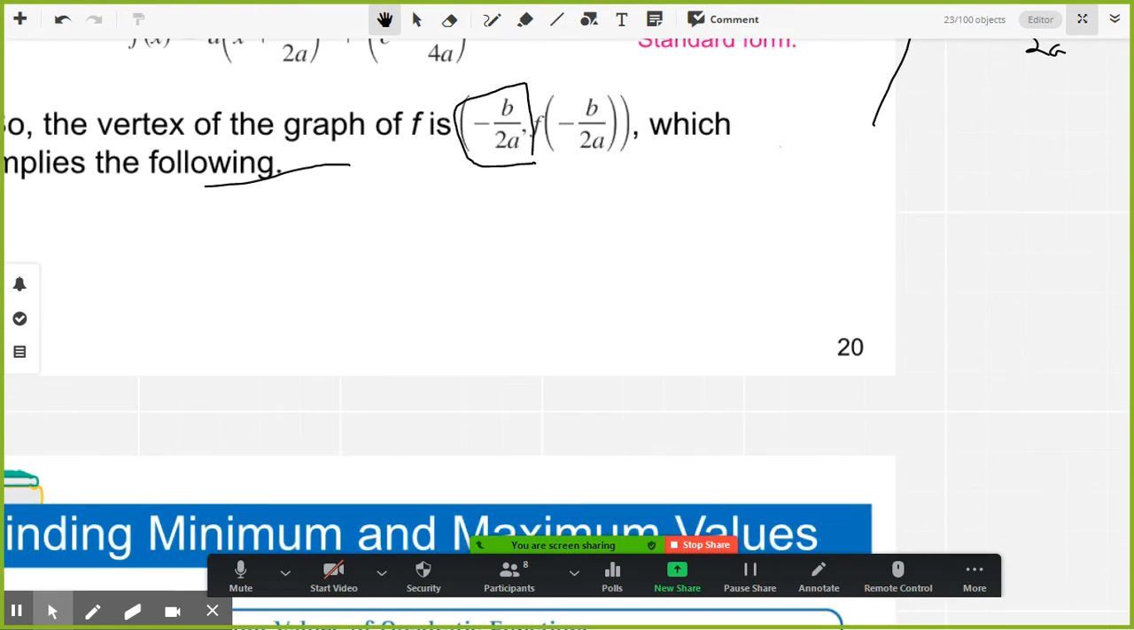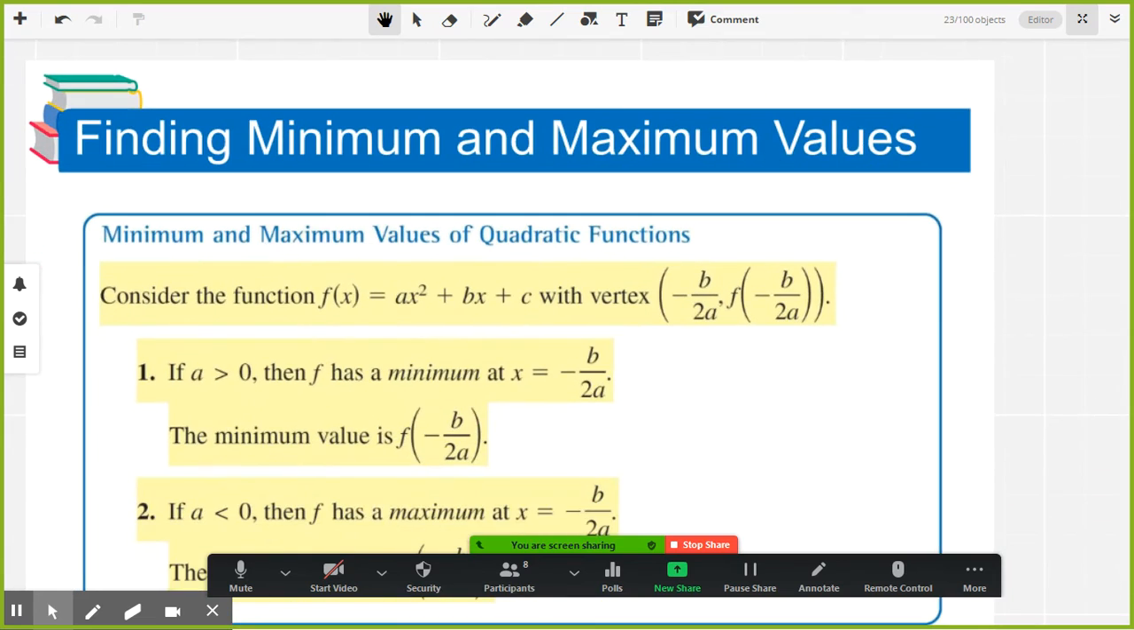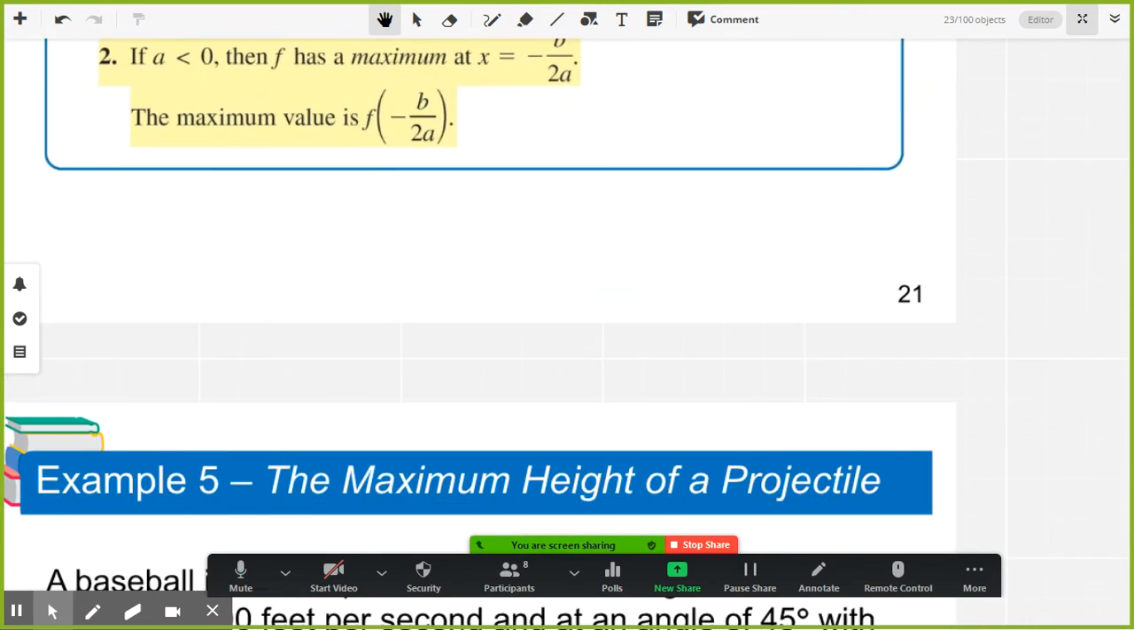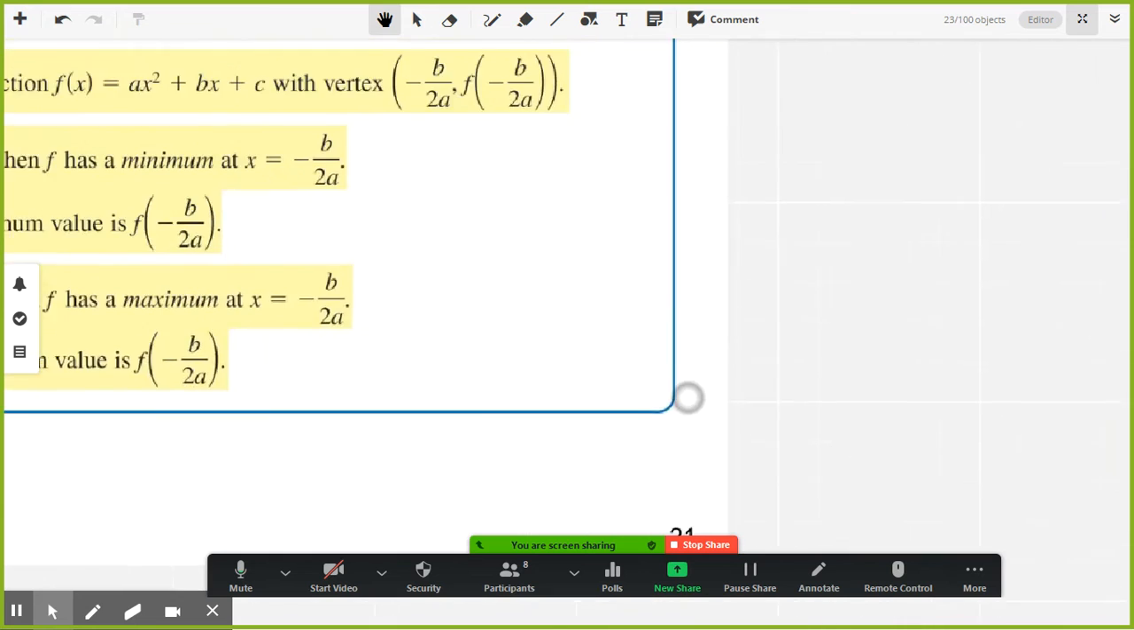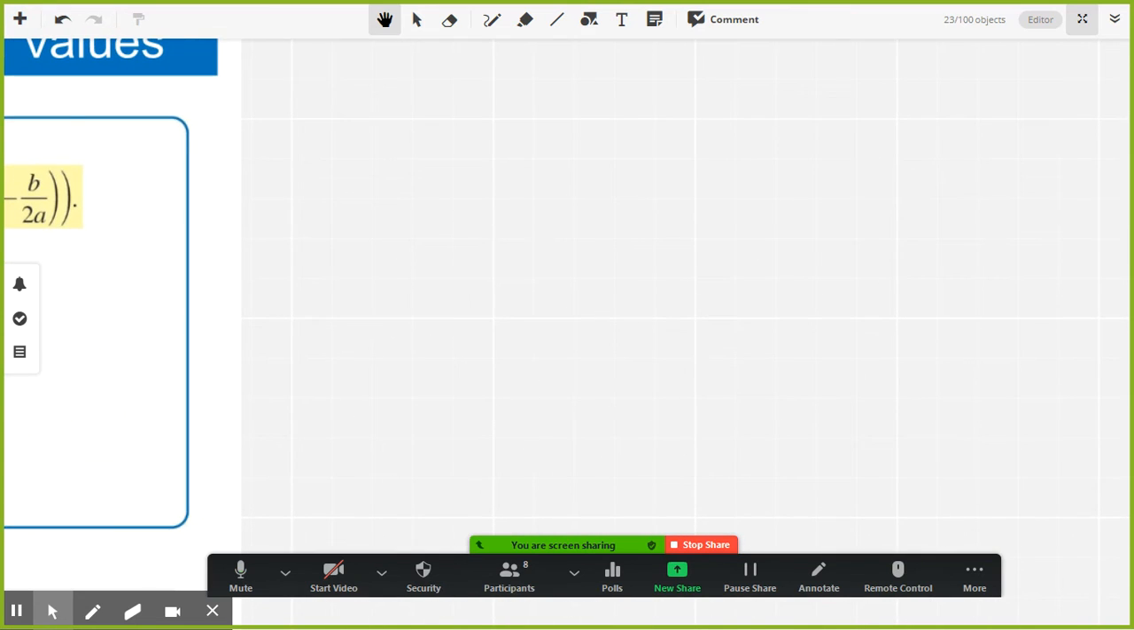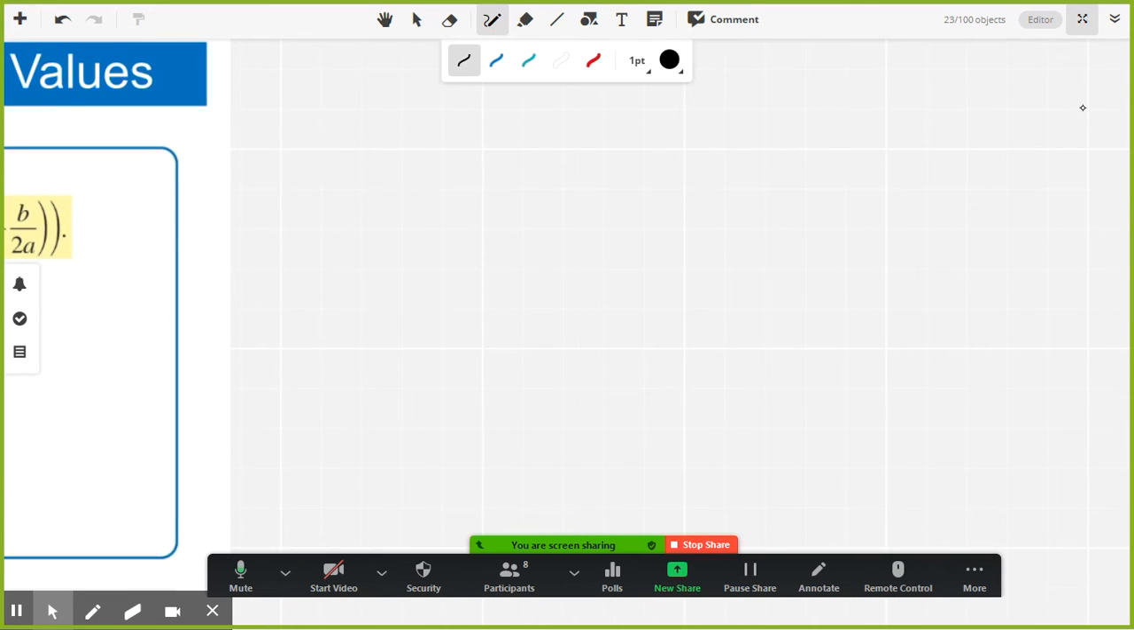I don't think we need to do that, and I don't want to do that. I want to pull up another problem. So let's say we have f of x equals x squared minus 6x plus 5. Now, one thing I could do is complete the square like we did earlier and find the vertex